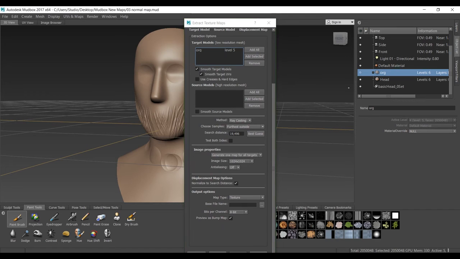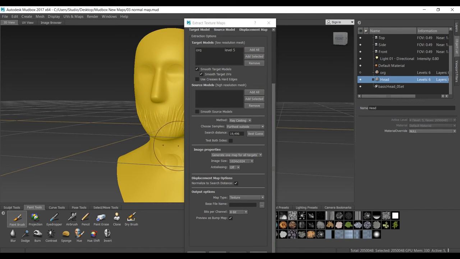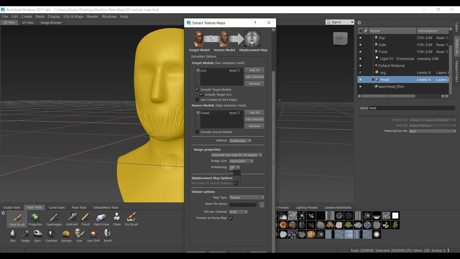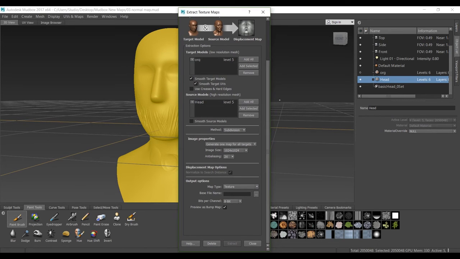Then we add the detail we have added to the second model, and make sure it is the highest level also, using the first option there, and 2x maybe to get a bit smoother. The important thing when it comes to the bump map or displacement map is that I recommend 32-bit,